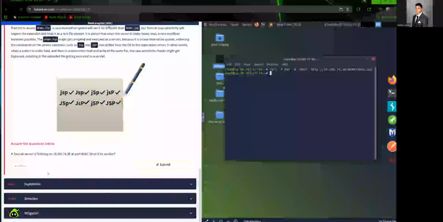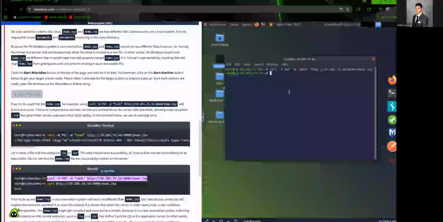A Tomcat server is listening on that port. What is its version? Let's see if they provide us the version. I think for that one, we can probably just do a curl request and see what version it is. So curl, instead of setting the file, we'll just curl the information here.